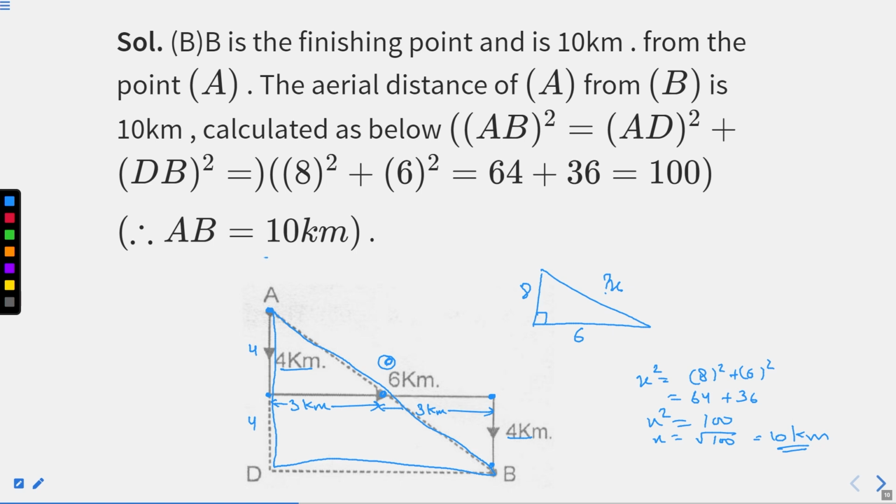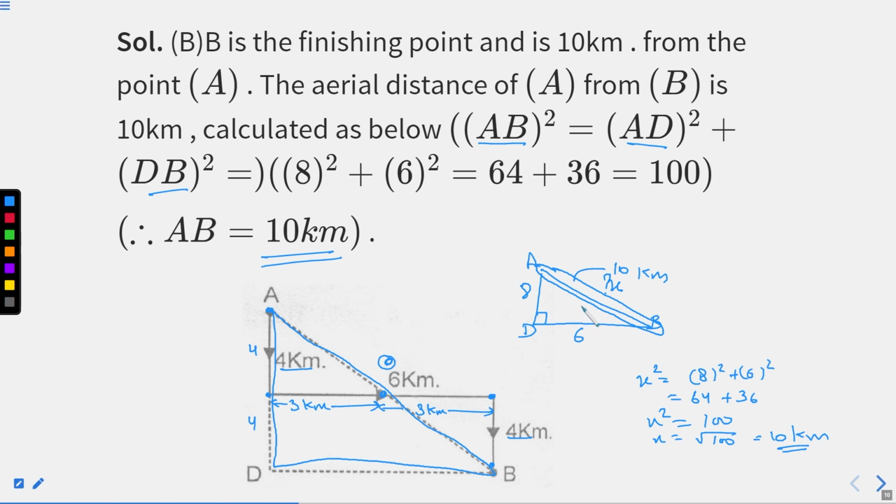You will find the same solution here as well, where they are using the distance in this manner. They are representing x as AB, right? That is A, B and D, right? I have made this triangle separately just to make you understand what we are supposed to find. We are supposed to find this distance. I hope you are clear. Now this distance is 10 kilometers. I hope this part is very clear to you, right?